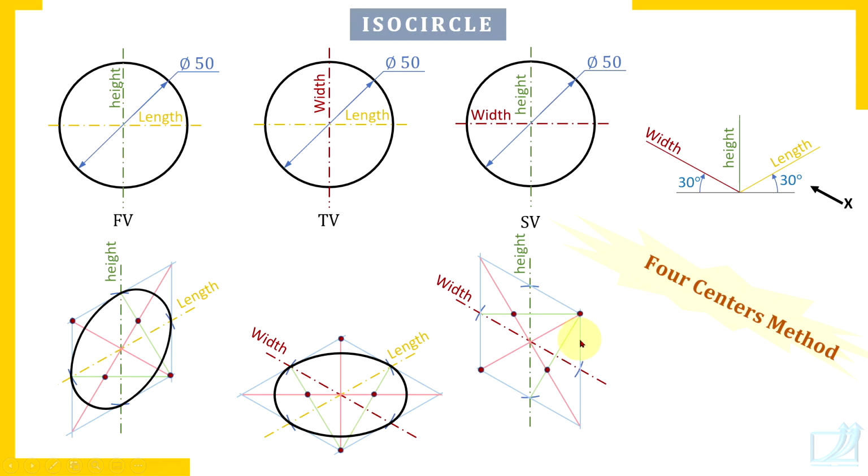Similarly, now here try to understand longer arcs with centers in diagonally opposite quadrants and shorter arcs with centers in the same quadrant. And you are going to draw these arcs from midpoint to midpoint of the sides of this rhombus. Draw these circles once so that you know how to draw isocircles manually. Then you start drawing isometric views of machine parts.